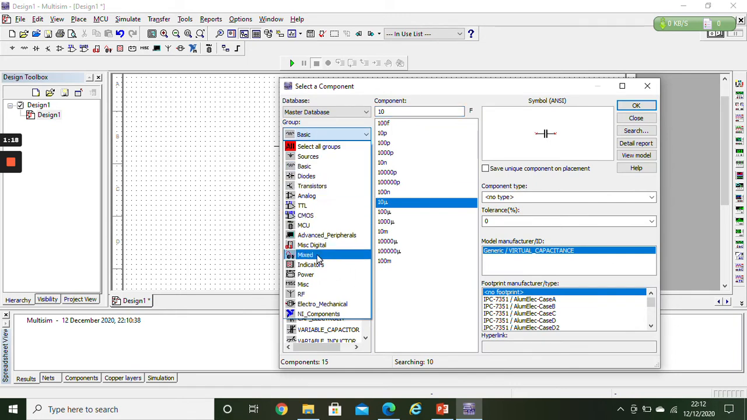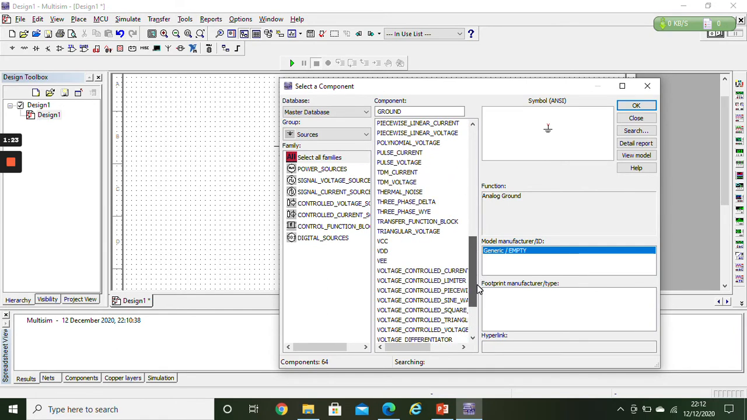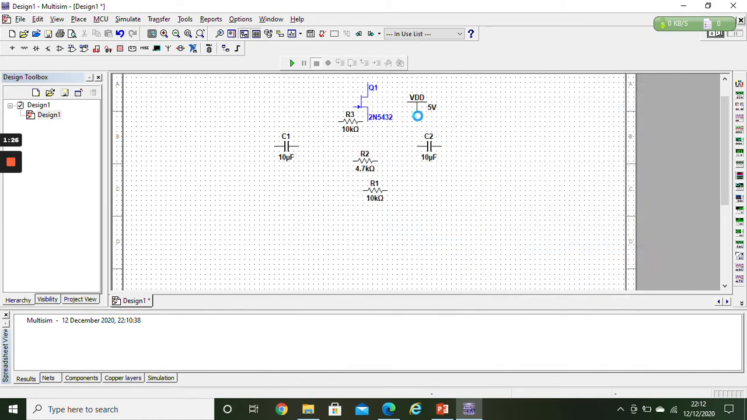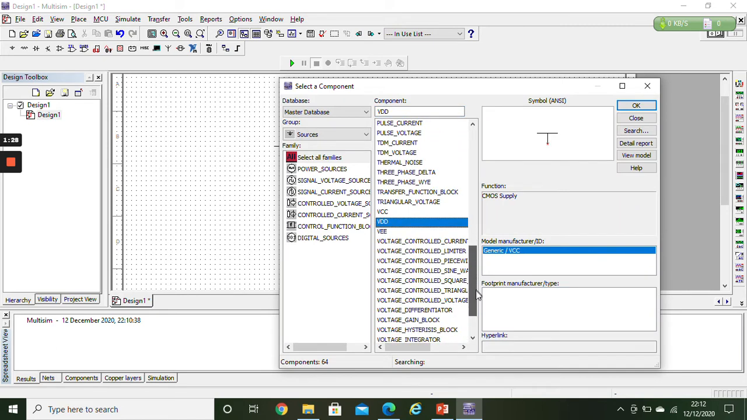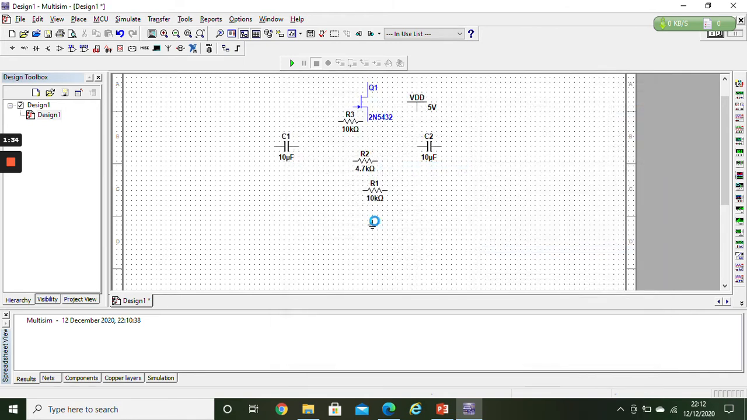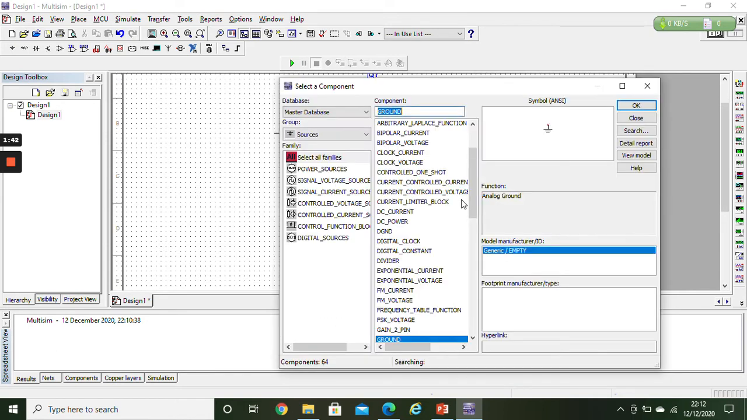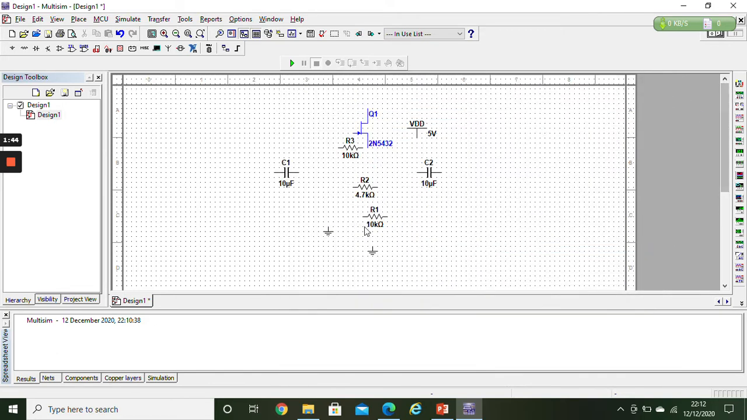Now we need a ground which we can take from sources, and VDD, yes, VDD is required, and a ground. So I guess this is all. Let's just place two grounds, or if you want to just use one then this is fine as well. अच्छा जी, all connections में से these are the three components which we need to flip, but